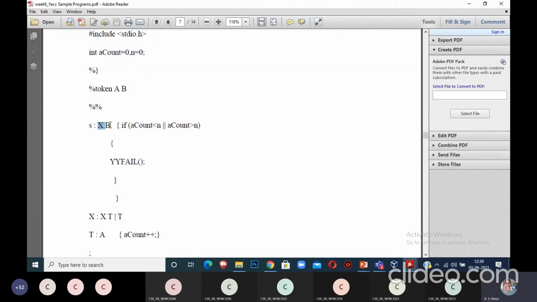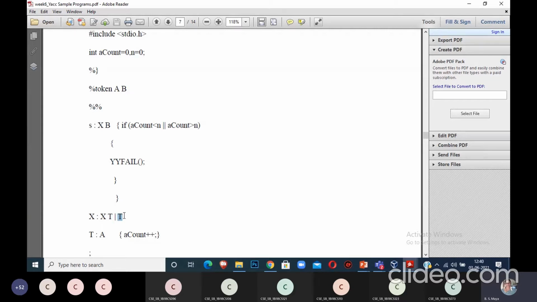Only one B should be there because I'm declaring B at the end of the production rules. Then X can be XT or T, because I'm applying a recursive rule for replacing X. Either it can be only one, or it can be more than one. If only one, I take a new non-terminal T here; otherwise for more than one A, I recursively call XT.